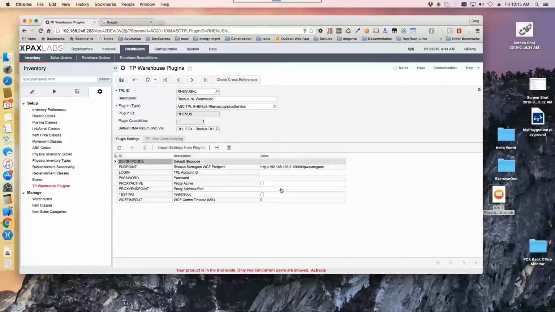So based on the warehouse that we're going to, we look at the warehouse, we see where the warehouse is linked back to the plugin, we instantiate the plugin and then supply the data to it, and then right from there it'll use JSON or web services, or in some cases we write to a Windows service that's communicating, basically with flat files,